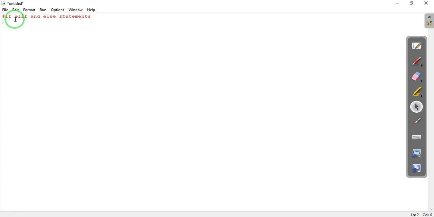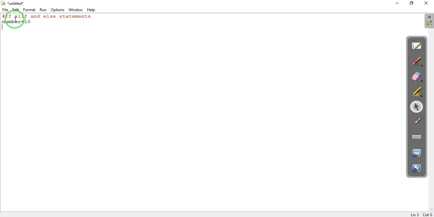As per the law of trichotomy, we know that a number will be either positive, negative or 0. There are no other options. Let us first define the number. number equals 10, and then we will vary this.